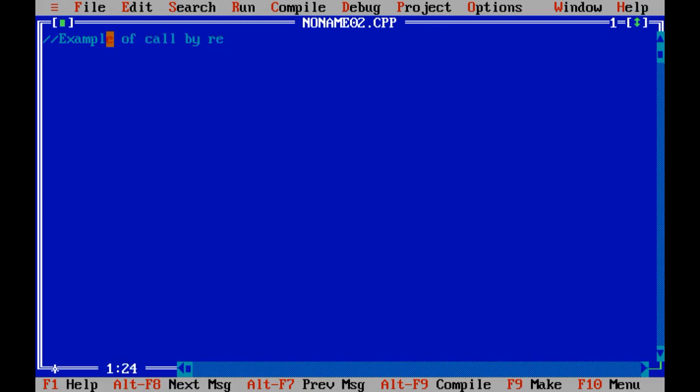As an example of call by reference, generally this program is asked in the examination for 5 marks in the theory exam. That's why I have performed it over here. Swapping two values using a third variable, right? But normally we have performed this program using call by value only. Whatever programs we have performed up till now are call by value only. So let us write the program using call by reference.